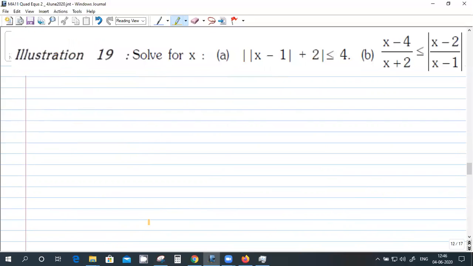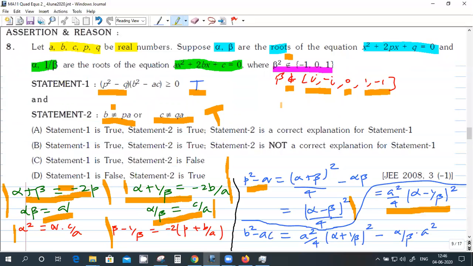Okay, sir. This thing requires clarity in thought. One thing to realize is beta square has been given as not element of, in curly braces. Okay, so that means discrete values: -1, 0, and 1. It's not like a range 0 to 1. It's just discrete values which beta square cannot be. Once you say beta square cannot be this one, you can say beta cannot be these 6 values.